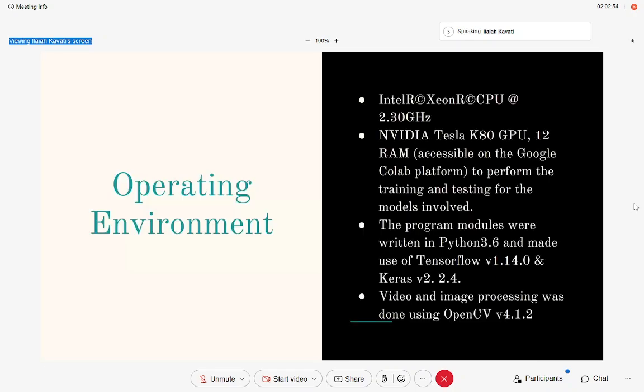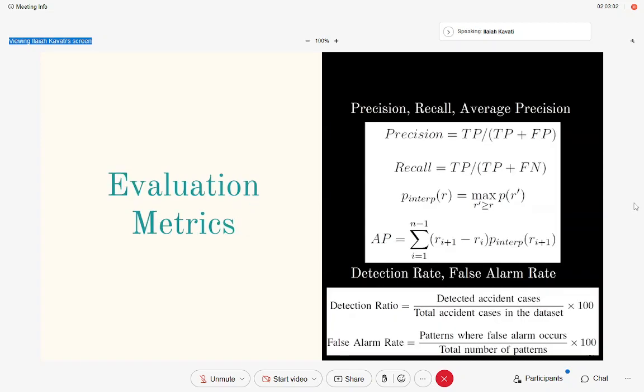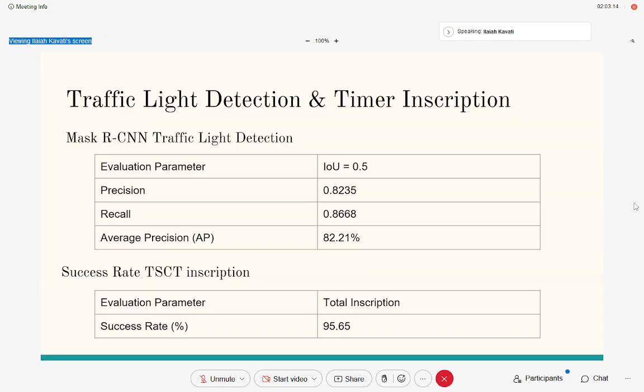This is the GPU we used for doing the experimentation, implemented in Python. These are the evaluation metrics: precision, recall, average precision, detection ratio, and false alarm rate, which means how accurately it is detecting the accident cases. It's traffic light and countdown detection. These are the intersection over union 0.5, precision, recall,